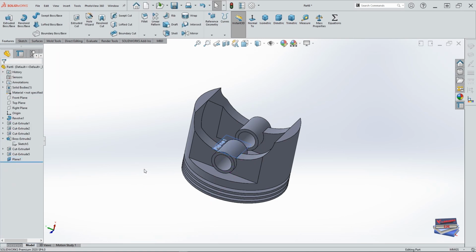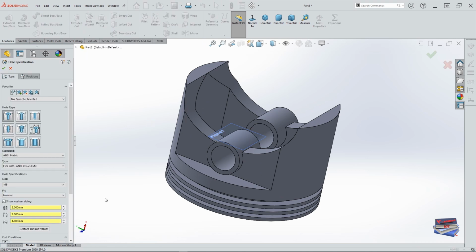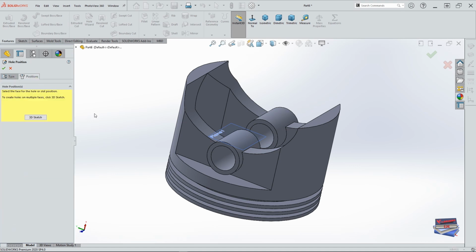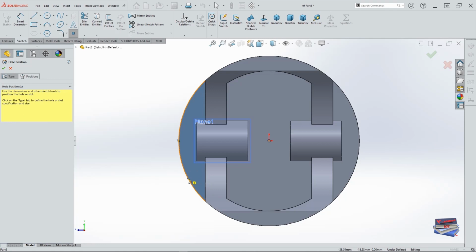And now let's navigate to our hole wizard, and with all these values including up to next, we go to position, select this plane, plane 1, okay, and drop your